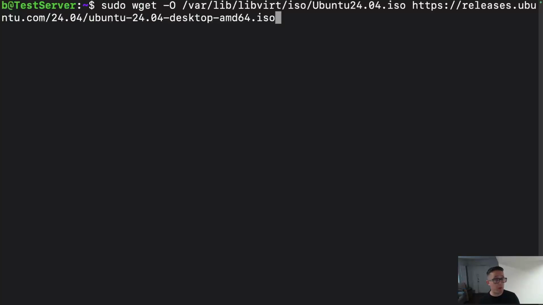All right, so the command that we're going to run to start things off to get that ISO image is the wget command with sudo privileges, because we're going to be saving it in a privileged location. So now, one of the things you'll probably notice here is